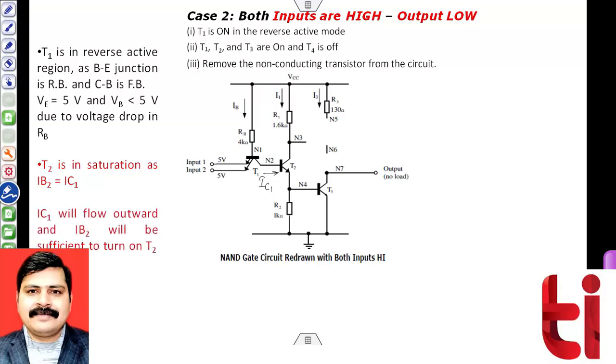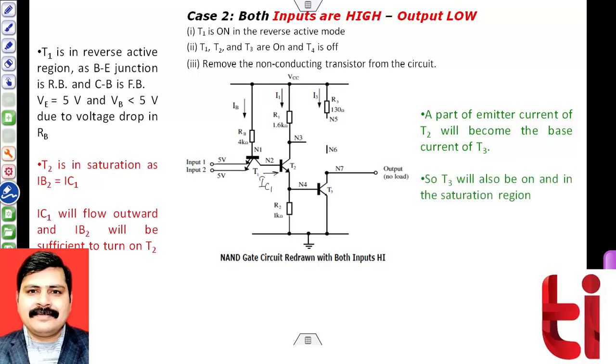So transistor T2 as well as transistor T3, both will be on and both will be working in the saturation region. Okay. If you further check, if my transistor T3 is working in saturation region, that means the voltage between collector and emitter terminal is 0.2 volt. And if 0.2 volt is connected to the output, it is in the range of low level. That means my output will be low. So we have proved that my output is low for the totem pole case. Okay, and we have considered both the situations, when either input is 0 and when both inputs are at 1.